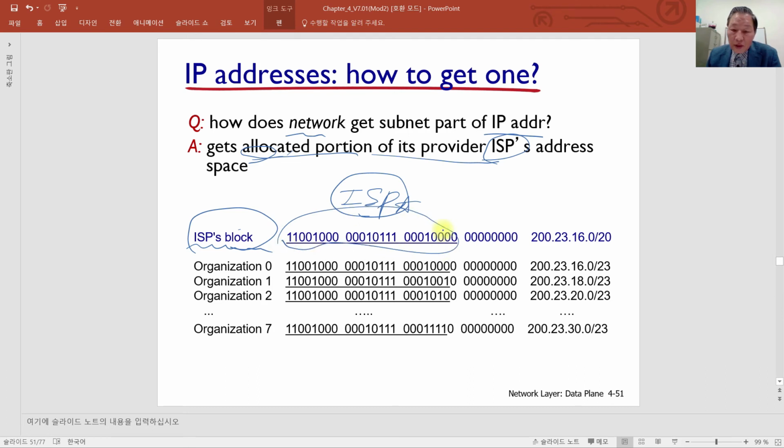And some portion, or one IP address block, will be assigned to this organization. This may be a company or university or house. And in this case, that is a larger block, thus that is a smaller number, and the last part is for host ID. But among host ID,